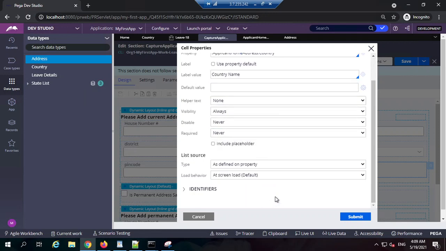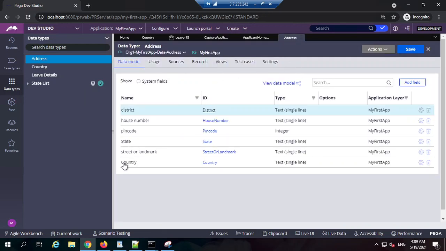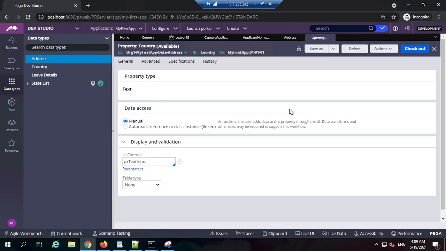Okay. Now, this is the most important field when you configure a drop-down. What it basically means is how this property, this drop-down, is getting its elements. Currently, by default, it is mentioned as "defined on the property." On the property itself, we can open the property. See, this is the drop-down, right? This is the property we configured, country. What we can do is directly start adding here as well: local list or field value.